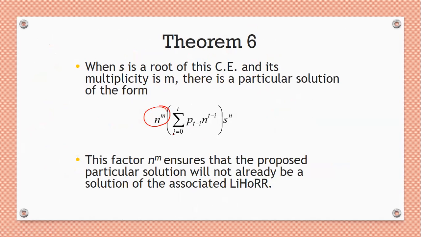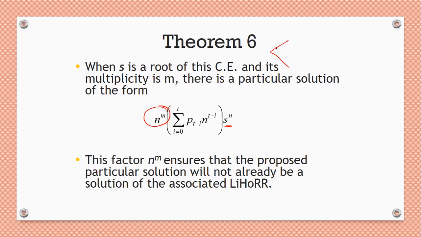Sum over i equal to 0 to t of p_t minus i n to the power t minus i, into s to the power n, times n to the power m. Okay, so this n power m is the multiplicity when s is a root. If s is repeated once, then it will be n power 1. If s is repeated twice, n square, and so on. We will see a few examples for understanding this, but for now you have to remember that theorem 6 will